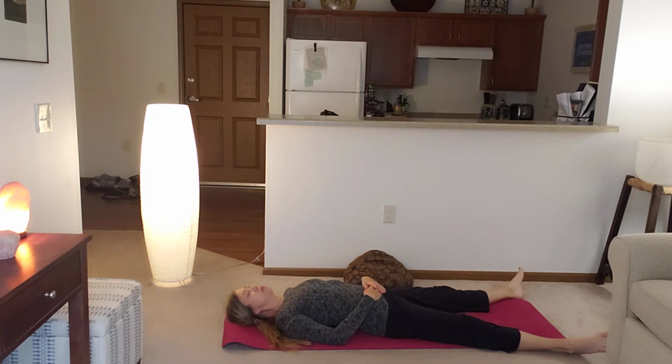Do you have lots of thoughts moving through the mind? Is the mind busy or is the mind calm? And remember, there's no judgment. You're just observing your mind. And now bringing your attention back to your breathing and placing your hands on your belly if you haven't done so already,